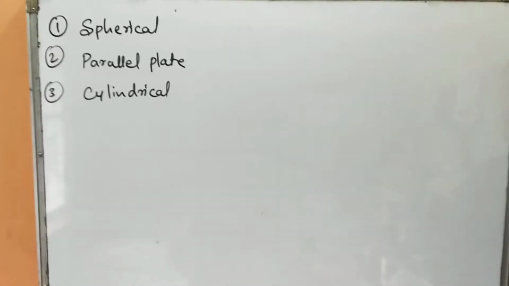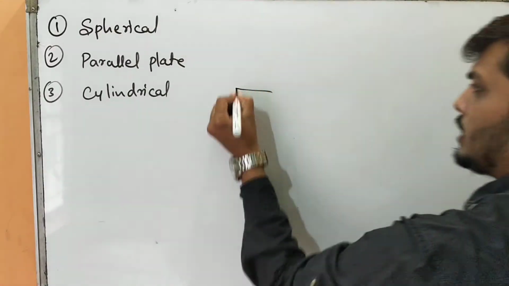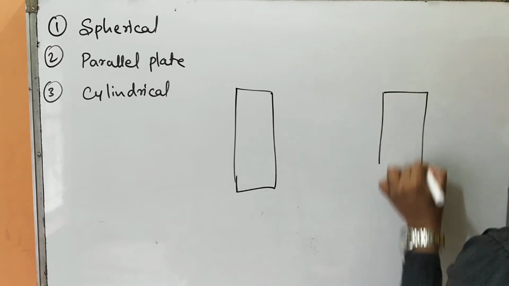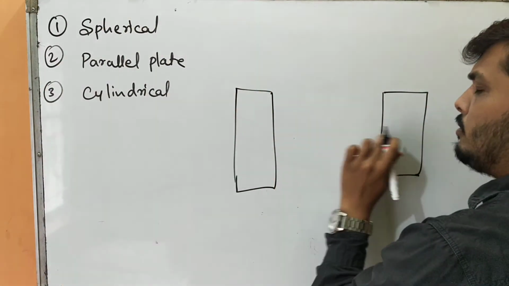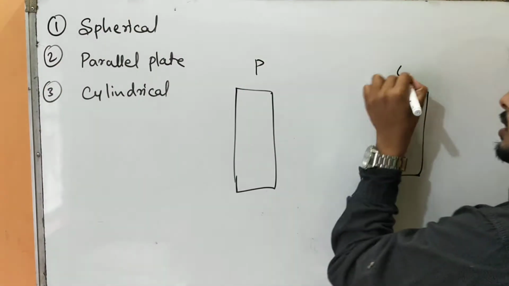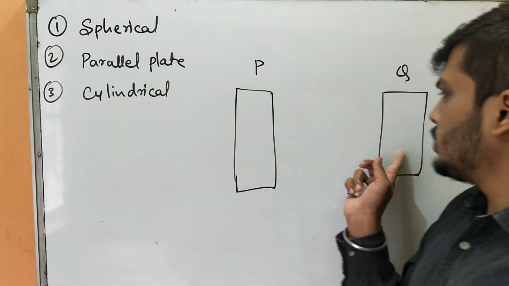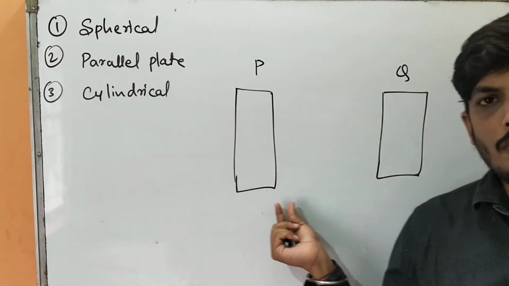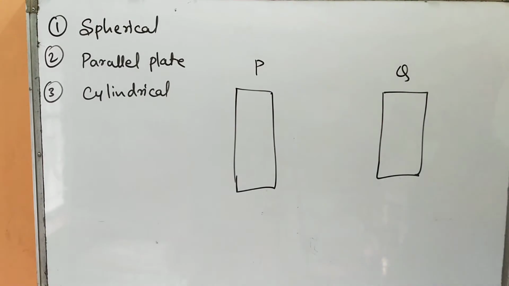Now what exactly is the parallel plate capacitor? It consists of two parallel plates. When I say plates, these are nothing but conductors, which have a rich number of free electrons that conduct electricity. So I have two plates which are parallel to each other. Initially both plates are neutral, because the number of protons is always equal to the number of electrons. As a result, the net charge on both plates is 0.